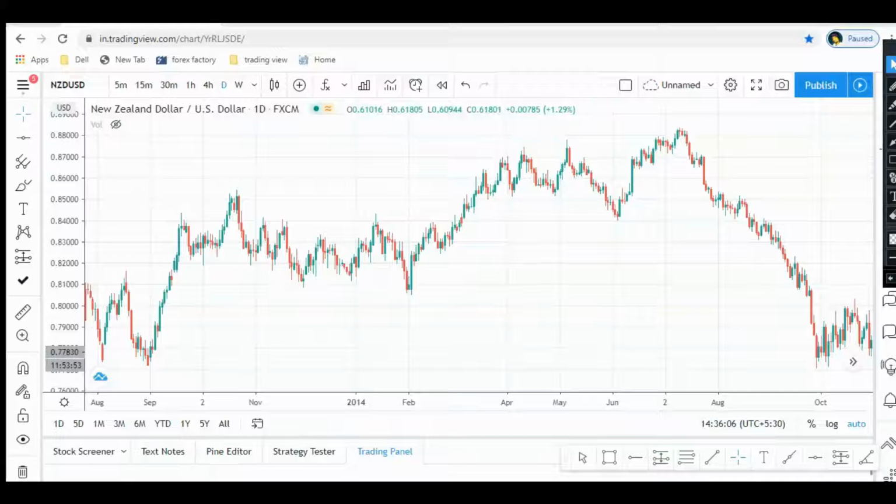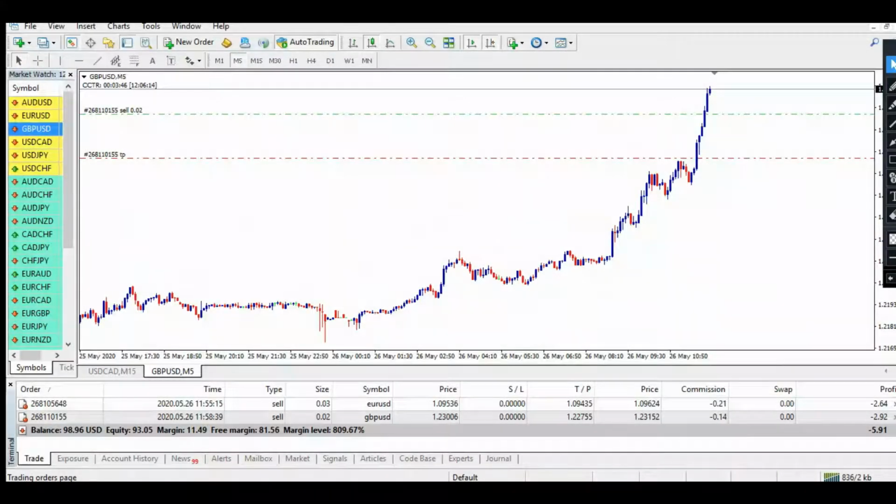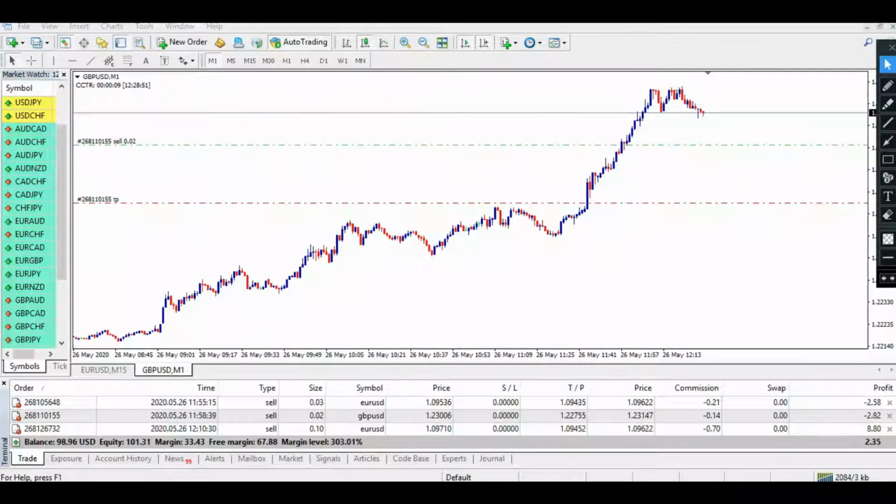So till the time my trade is on, I will simply pause this video and get back to you, and I will let you know what happened to this trade. So welcome back. As you can see, I am in profit, so I will simply close this trade because today I do not want to take any trade. My main motive is to make you understand how support and resistance lines work. So I will close this video.